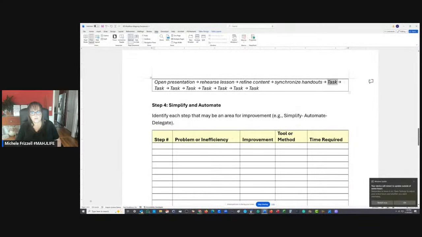Okay, then we're going to print handouts. Then we're going to staple handouts.